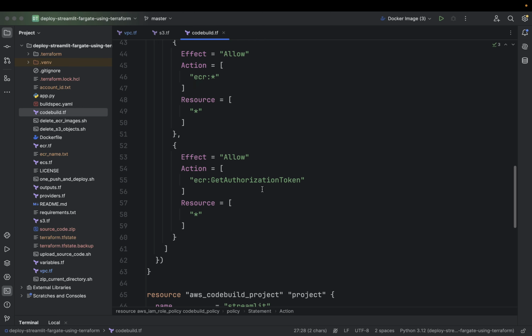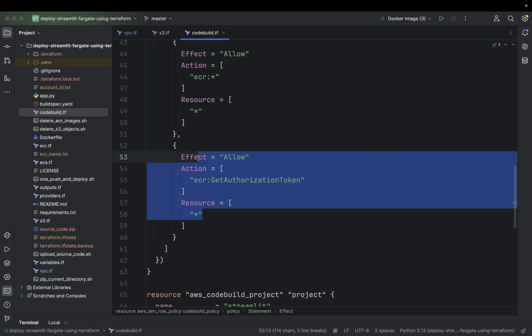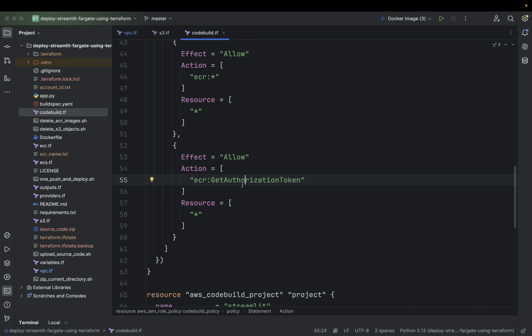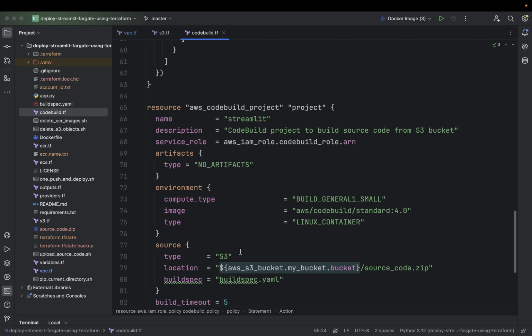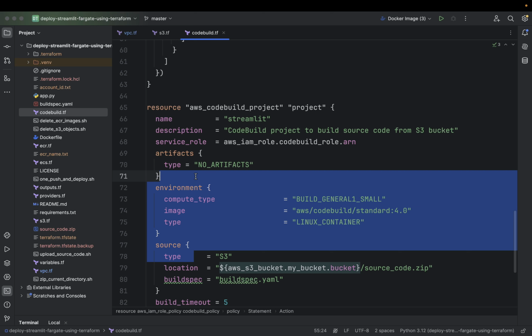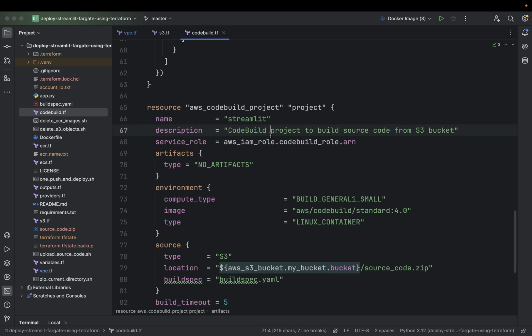Also note that we need ecr:GetAuthorizationToken because without this, our CodeBuild project cannot communicate with the ECR. Finally, we configure the CodeBuild itself with aws_codebuild_project.